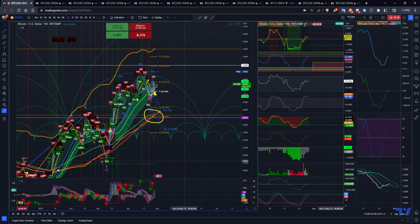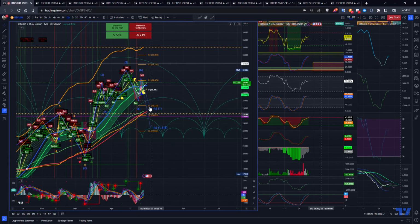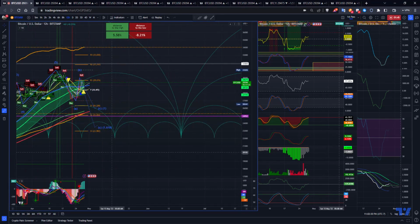And so essentially, I'm thinking if we have that pullback, I might actually start to buy as soon as we get into the 25,000 zone. Now, that's if the 25,000 can hold. And the reason I'm saying that is it could be as simple as the reason we have to go lower